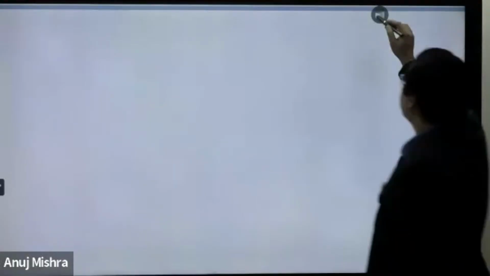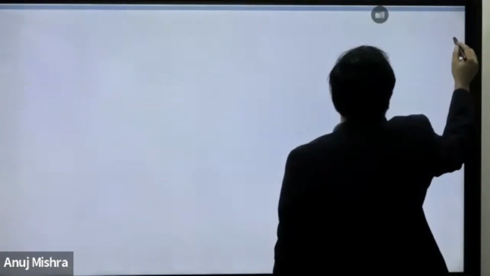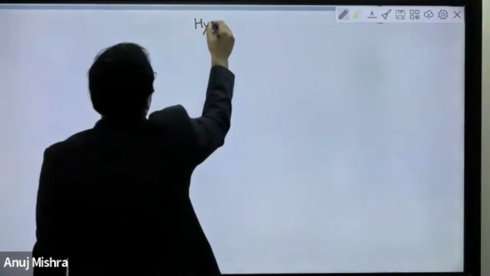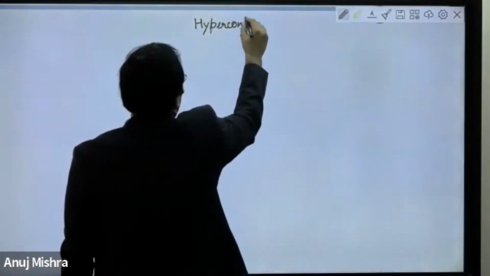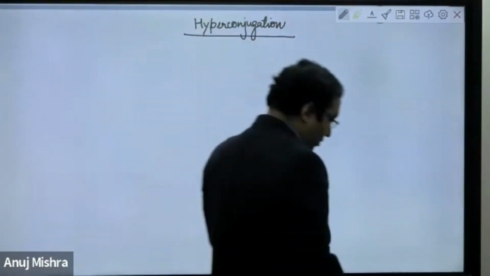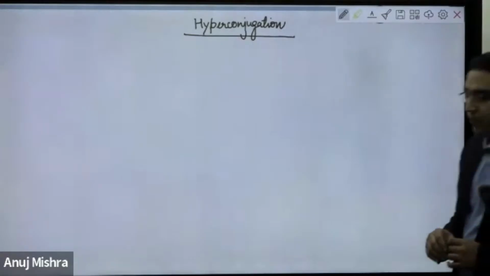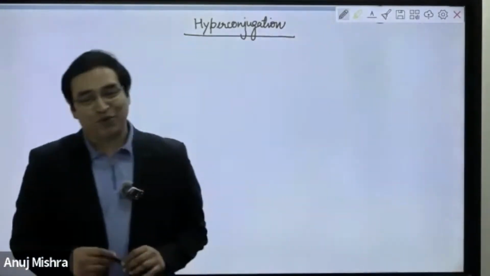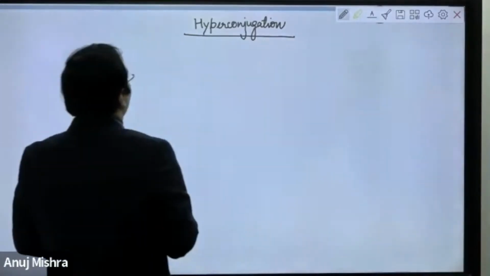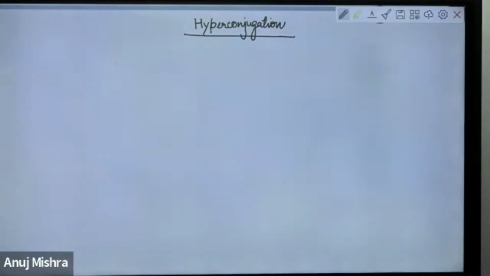Hyperconjugation. Write a few more points, you've written only a few points. This theory is used to explain... see, this is a theory, right? Hyperconjugation is a concept, it's a theory. This is used to explain